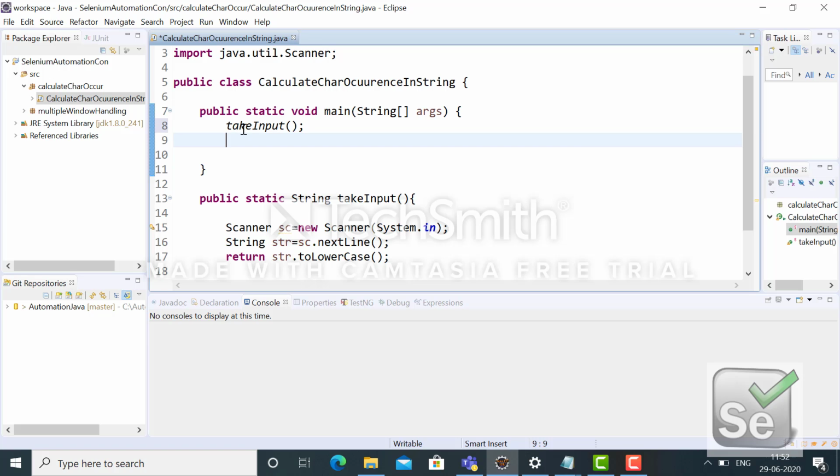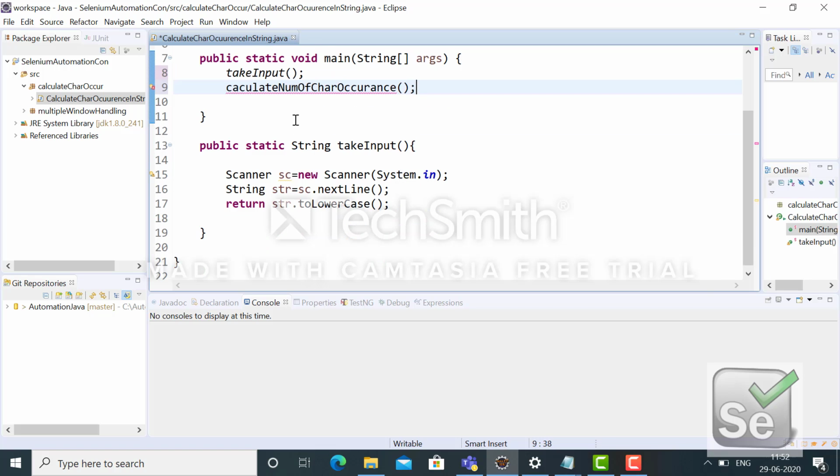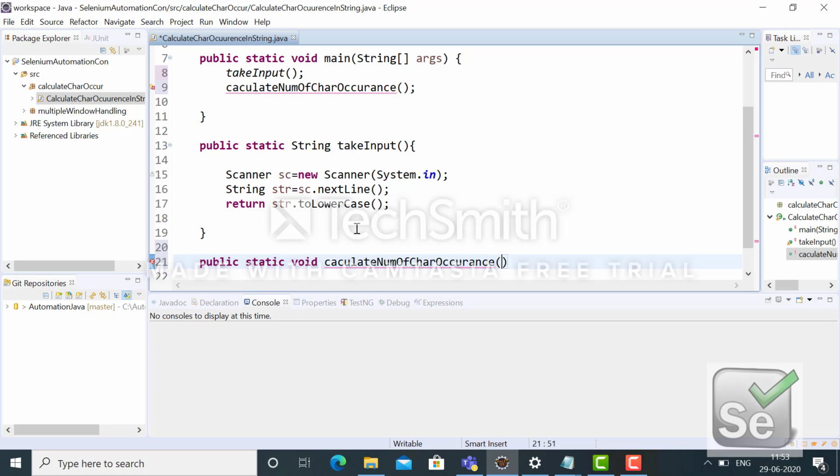Then I will implement one more function to implement that logic: calculate number of char occurrence. This one I am also implementing as static, and here there is no return type.